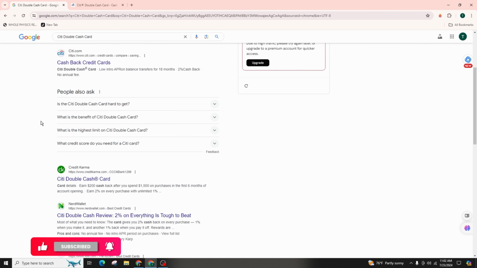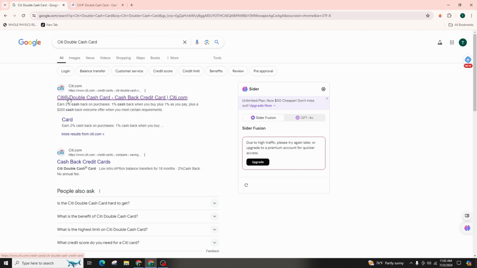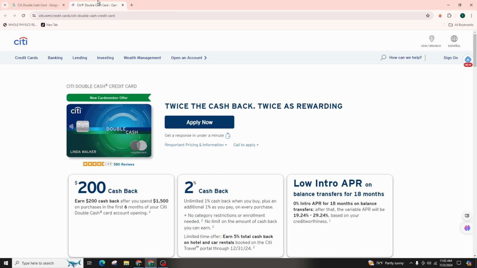You will come across various websites, but you are supposed to click on the initial one that is indicating Citi Double Cash Card Cashback Credit Card Citi.com, and once you click on it, it will take you to the official website of Citi.com. If you haven't applied for the card yet, find and click on the Apply Now option to